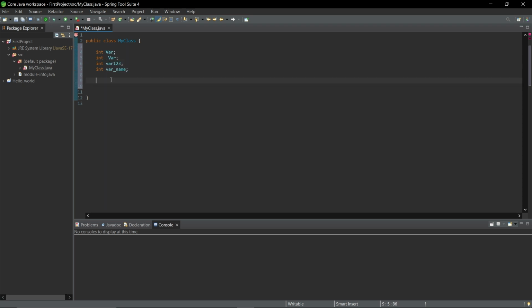अब हम देखते हैं variable में data कैसे store होता है. First we'll take the first integer, int var. How to initialize it, that is var is equals to 10. आप देख सकते हैं यहाँ पर कोई भी एरर नहीं दिया है क्योंकि हमने इंटीजर वैल्यू स्टोर की है, which is right. अगर हमने इंटीजर वेरिएबल में स्ट्रिंग वैल्यू स्टोर करने के लिए ट्राई किया, आप देख सकते हैं ए बी